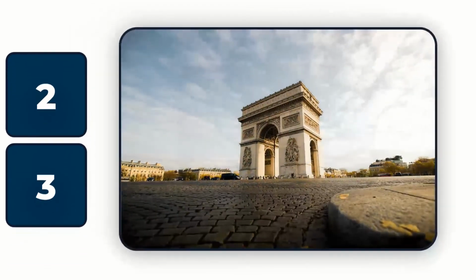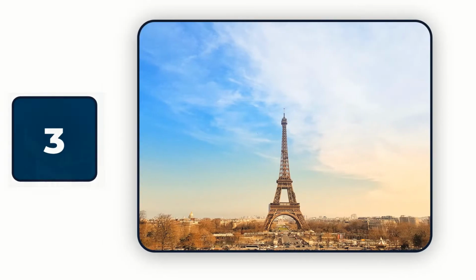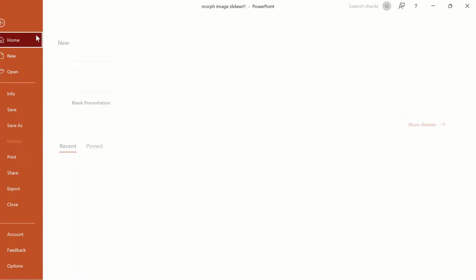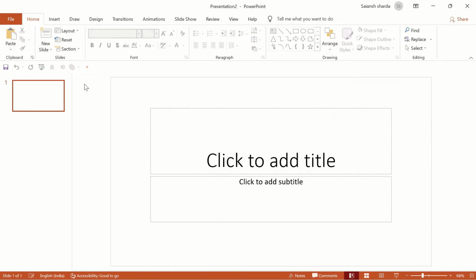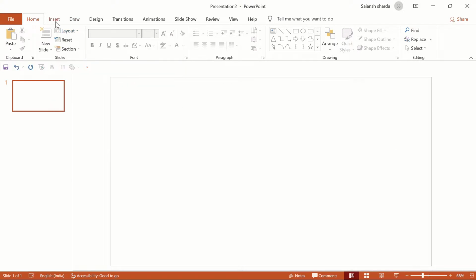To this lesson. In this lesson, we'll be doing Morph image slider, and it will look somewhat like this. Doesn't it look beautiful? Okay, so let's start. So let's get a file in a blank presentation, and now let's get a layout in then blank, and then